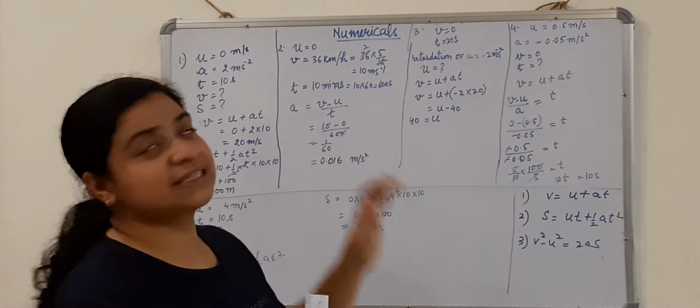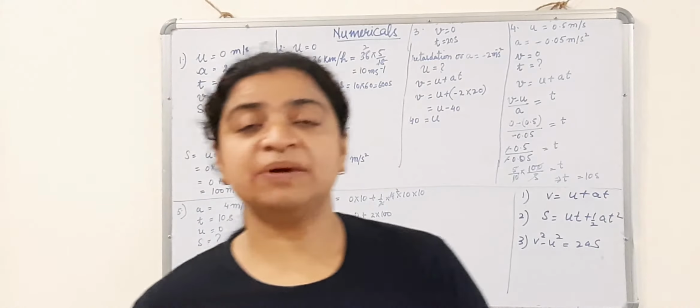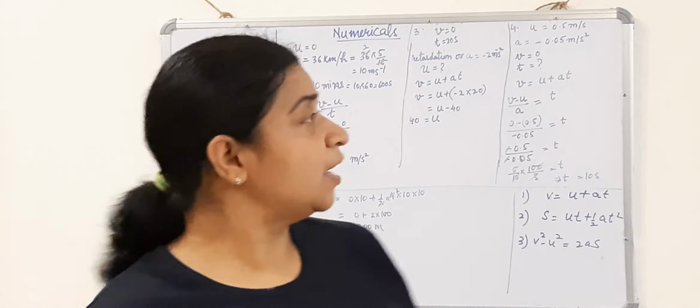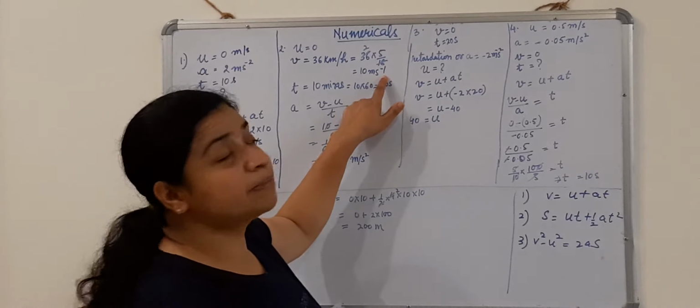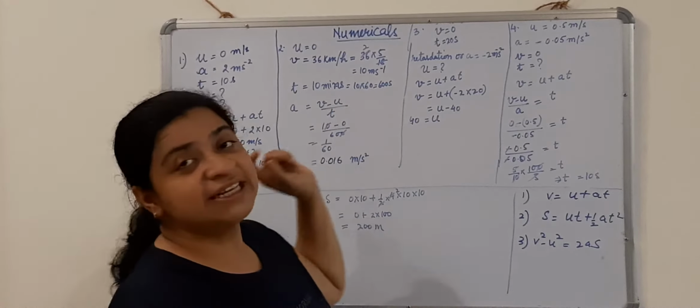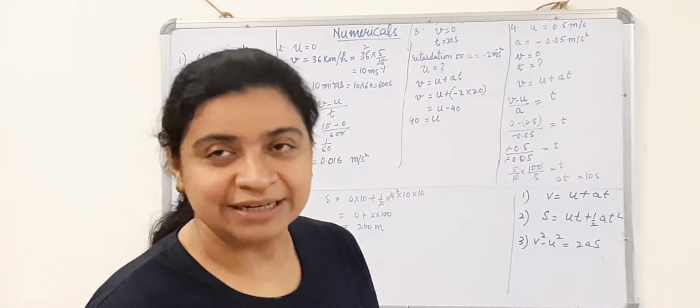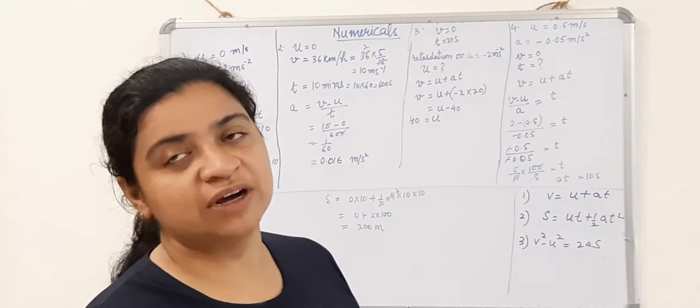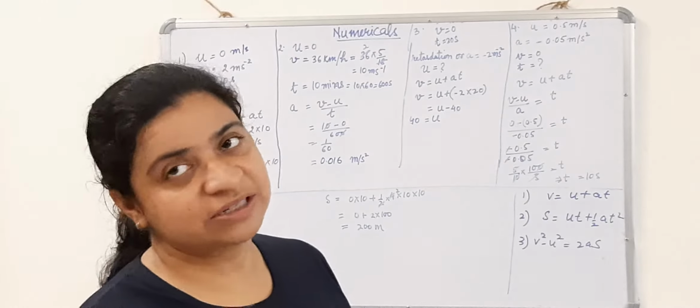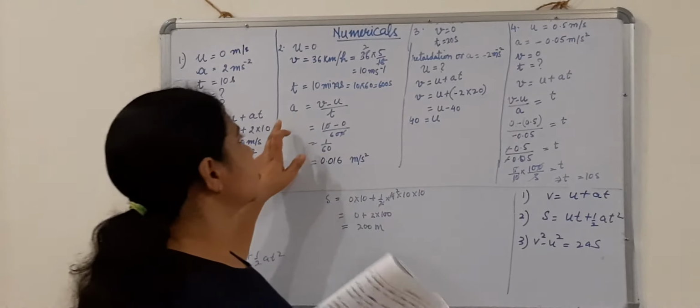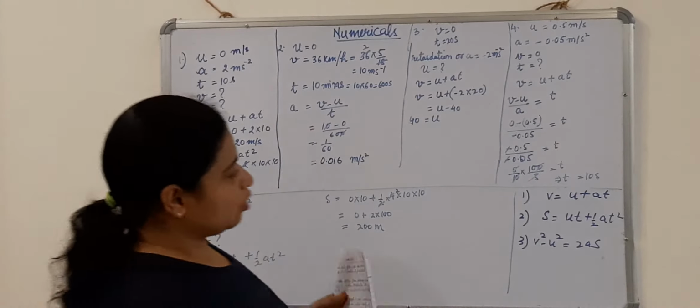And time taken is 10 minutes. I cannot use minutes because the SI unit of time is second, and here the speed is also in meter per second. So I have to change these 10 minutes into seconds. Everyone knows that 1 minute is equal to 60 seconds. So 10 minutes is equal to 600 seconds. So from this equation,